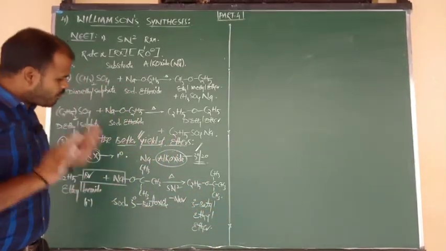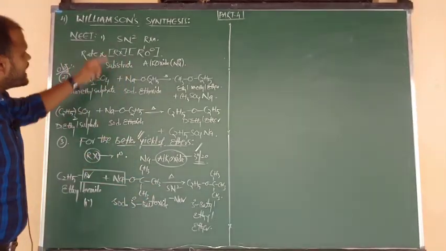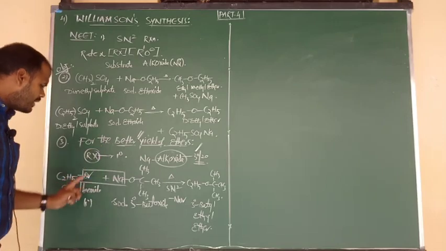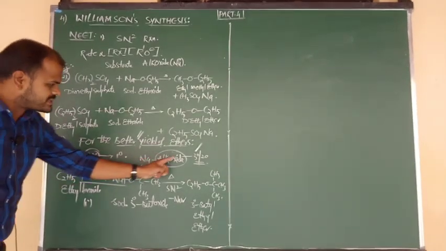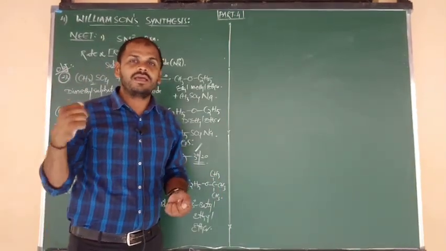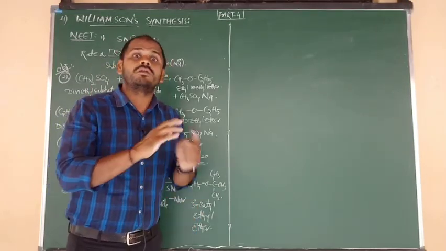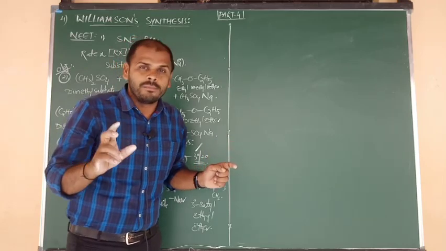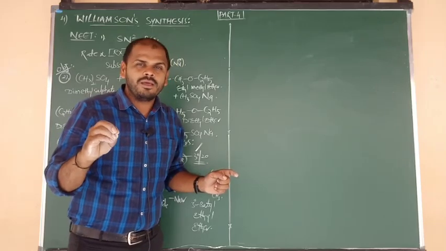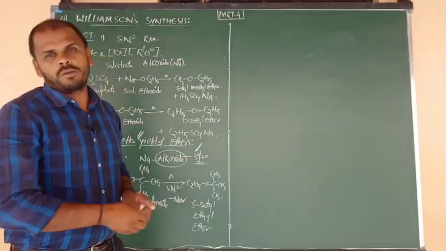Is it clear? I hope you understand this clearly. So in which case do we apply the Williamson method, and in which case do we get a better yield of ether? The alkyl halide should be primary and the sodium alkoxide ion can be tertiary or secondary. That is how we apply it. But for some combinations, Williamson's ether synthesis is not applicable, meaning with that combination you won't get the ether. So which combinations are not applicable?